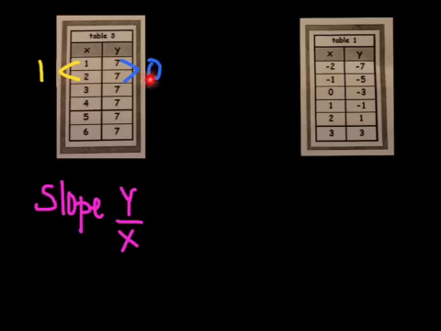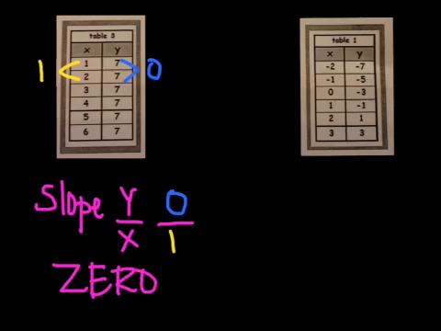So I'm going to put 0 on top, and then I'm going to put my x value on bottom. Now, I can technically try and divide 1 into 0. It goes 0 times. So when you have a 0 on the top for your y, your final answer for your slope is 0. If you have a 0 on the bottom for your x, that's when the answer is